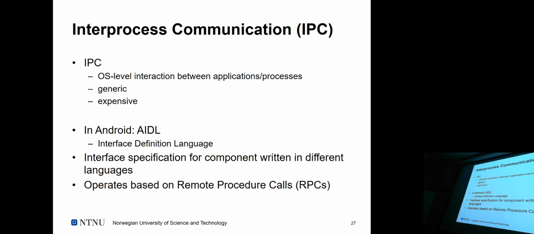So as discussed here earlier, Victor made the point, inter-process communication basically relies on OS level interaction, right? Operating system level interaction between processes. Of course, ultimately in Android we fall back to the underlying Linux, but from a developer's perspective, that's not necessarily something we need to be terribly concerned about. The key thing about it is that inter-process communication is generally programming language agnostic, of course, because on the process level,